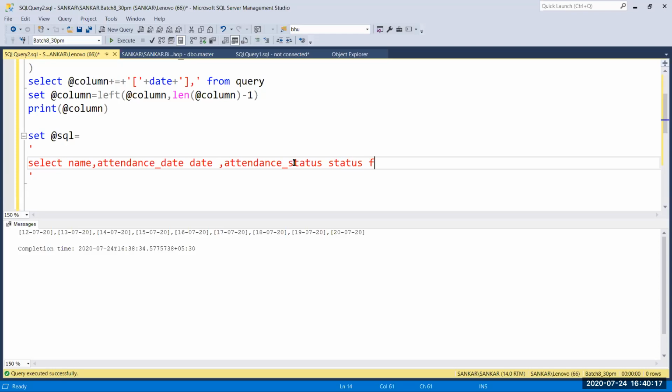Then from which table? ATT. This is the main query. Main query means a data producing query.